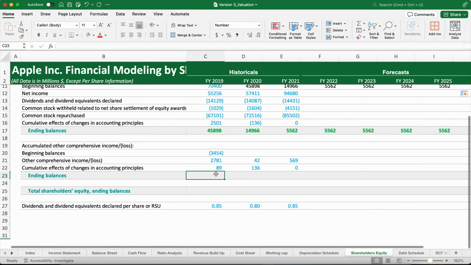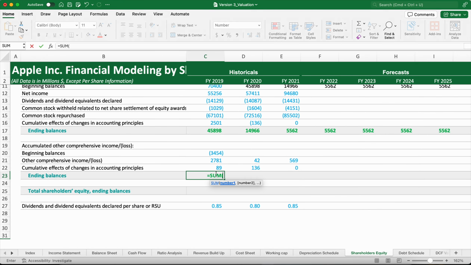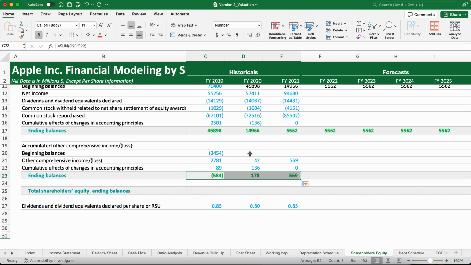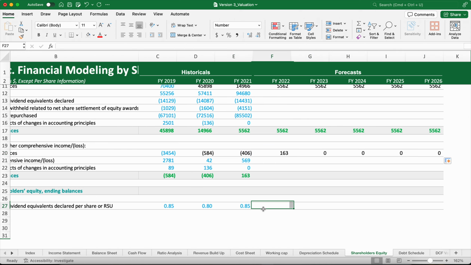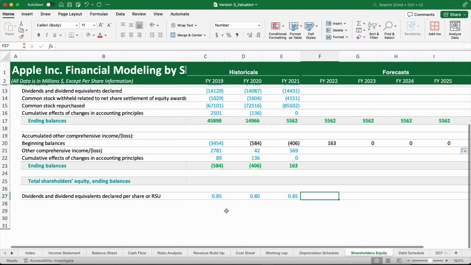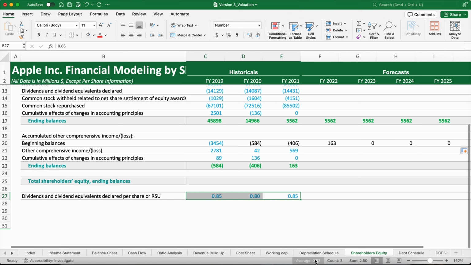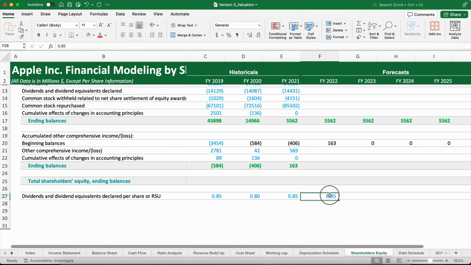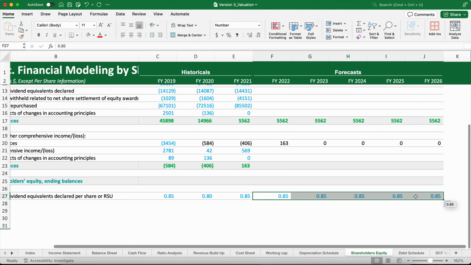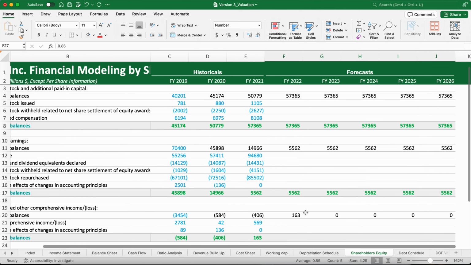And what about the accumulated other comprehensive income? Also take the summation like this, and then okay, so we need to make sure that we do the same for the others as well. Here we have dividend and dividend equivalents declared per share of this company. So we can see that the average is 0.83. So we'll be optimistic and take 0.85 as the dividend declared ratio, and hence we can